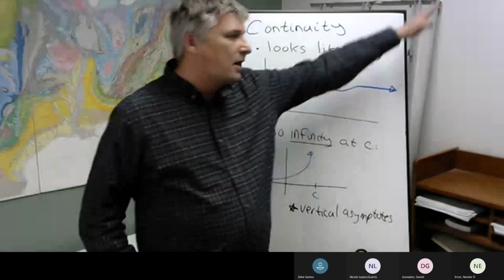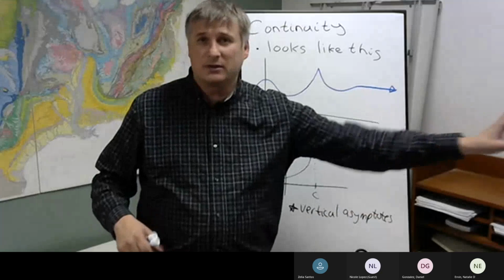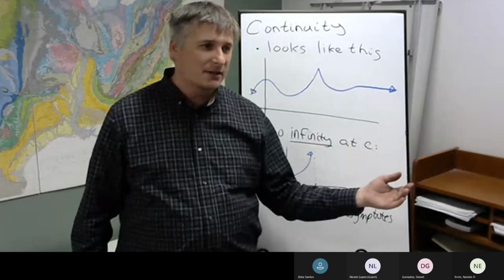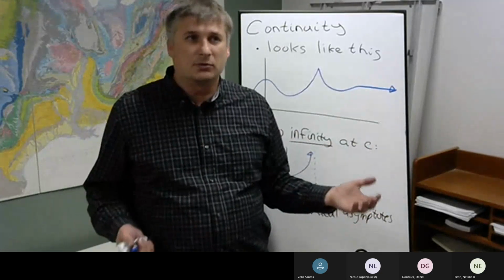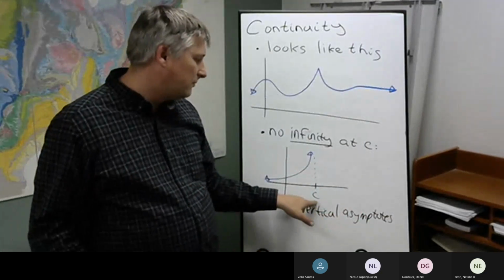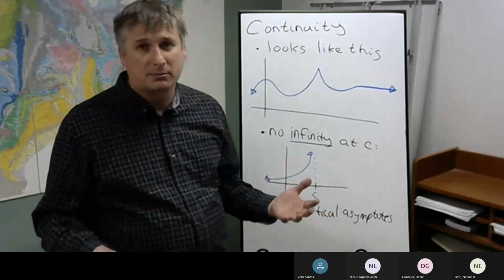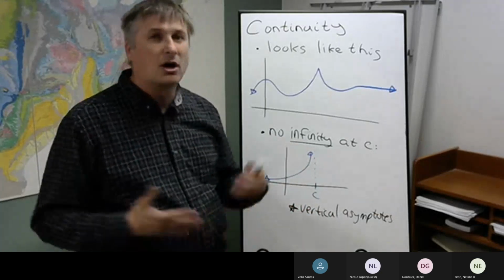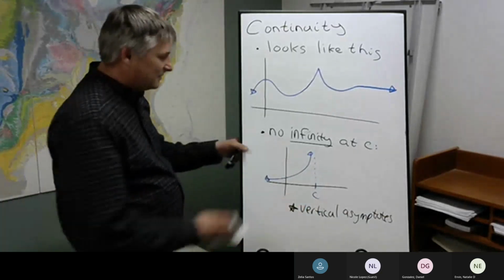Now, as a function goes on, it can eventually just rise up to infinity or dive down to infinity as we go to infinity. That's fine. But at every x value along the x-axis, if we plug that x value into the function, we're going to get a finite number. Those finite numbers just might be getting bigger and bigger, but that's okay. Here, though, if we plug in c, we're going to get something that's undefined. And that's where we run into problems. So when you have a vertical asymptote, that's going to cause the function to launch off to infinity at a particular point. Finally,